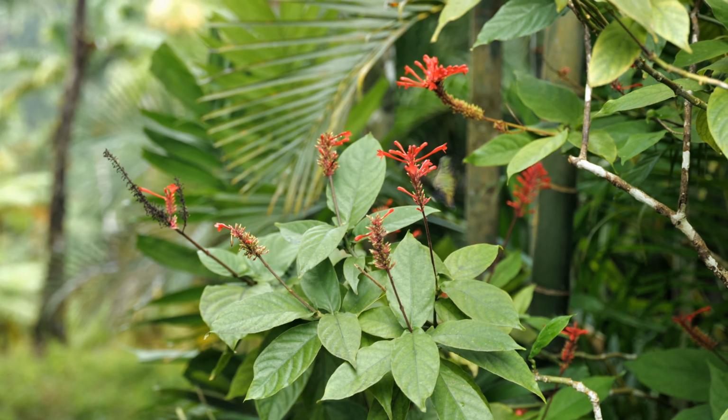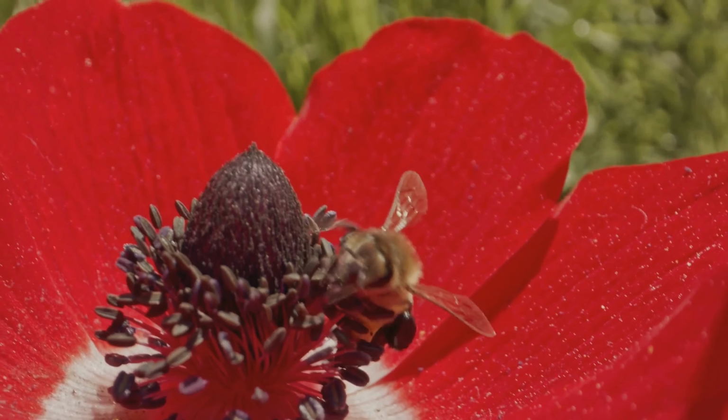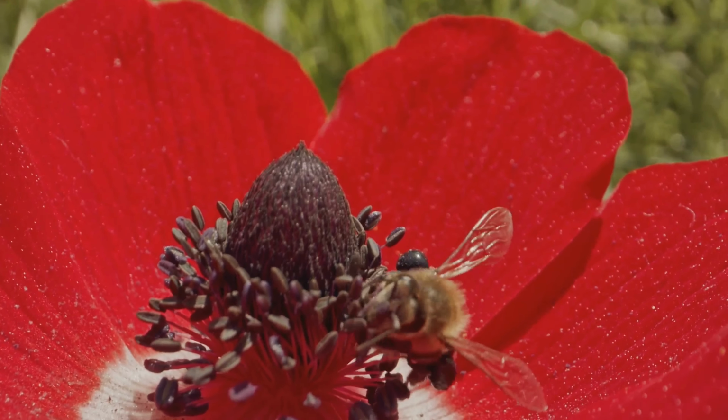When the pollinator flits off to the next flower, some of this pollen rubs off onto the stigma, the female part of the flower. This is the first step in a complex process that could potentially lead to the production of a fruit or a seed. But it's not just any pollen that can fertilize a flower. It has to be from the same species. It's a bit like a lock and key mechanism, where the pollen grain, the key, has to match the stigma, the lock, for fertilization to occur. If the match is right, the pollen grain will germinate, sending a pollen tube down into the flower's ovary, where